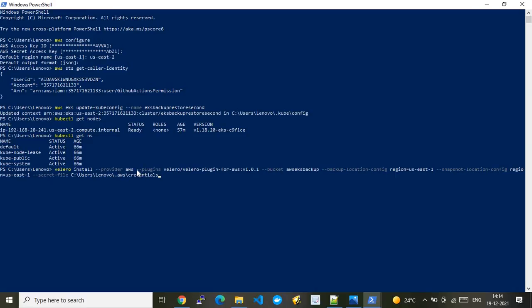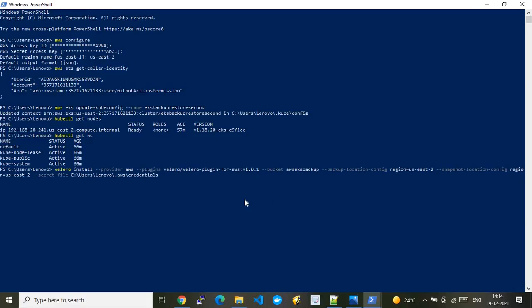And here I'm using the same command, but this is very important. We should target it to the same bucket, and the kube config backup should be configured in this region, and the snapshot also needs to be configured in the same region. Okay, the backup location configuration, in the sense that here we are doing just a restore, this configuration does not matter. Yeah, it matters. If it matters, then we need to change it. Okay, so let me change it to US East 2, because if you don't change this in the secondary region, it will not do the backup. Yeah, that is the important thing.